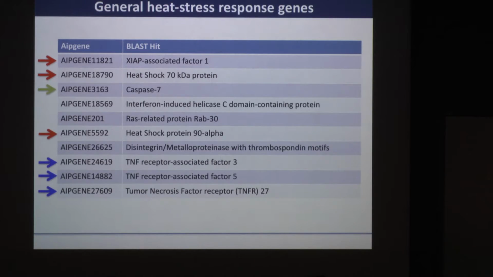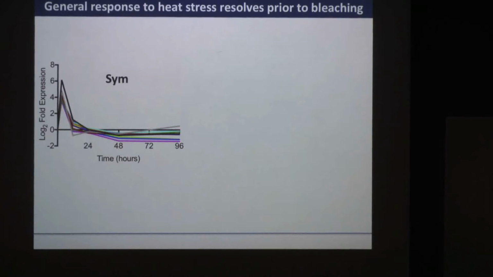We also have a lot of TNF associated factors and TNFR, which again have also been implicated in other coral studies looking at heat stress. But what was interesting to us is that not a lot of coral studies have focused on these really early time points, because oftentimes they're natural bleaching events, and once you observe bleaching, you're already into the bleaching event, and that's when they start to see these proteins. But what we see is that they're really up early in response to the stress, but then come down before